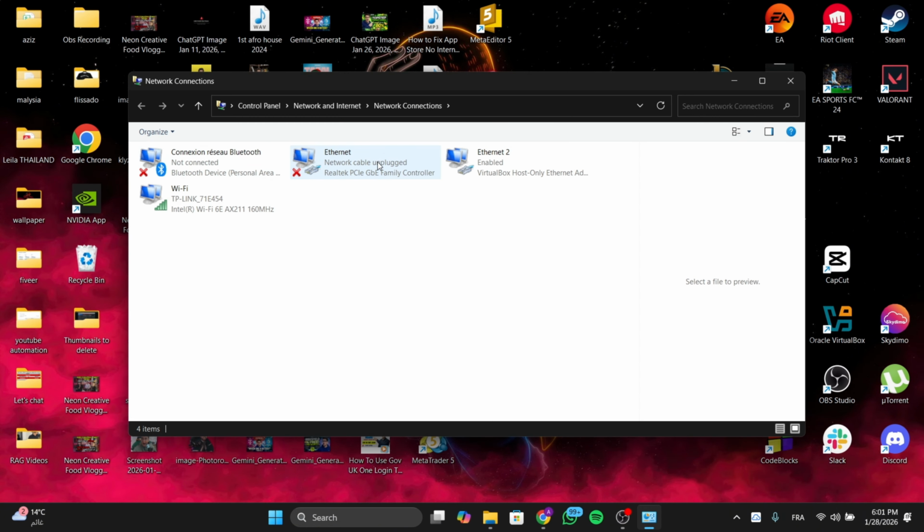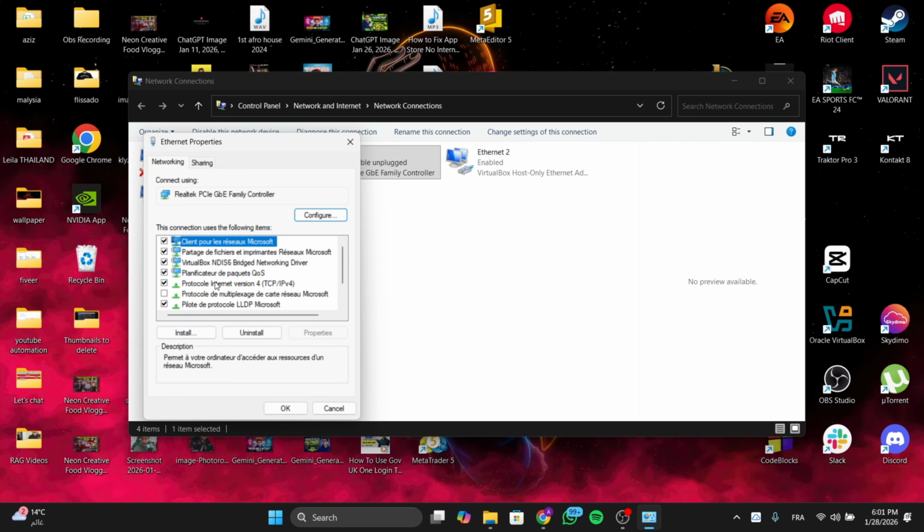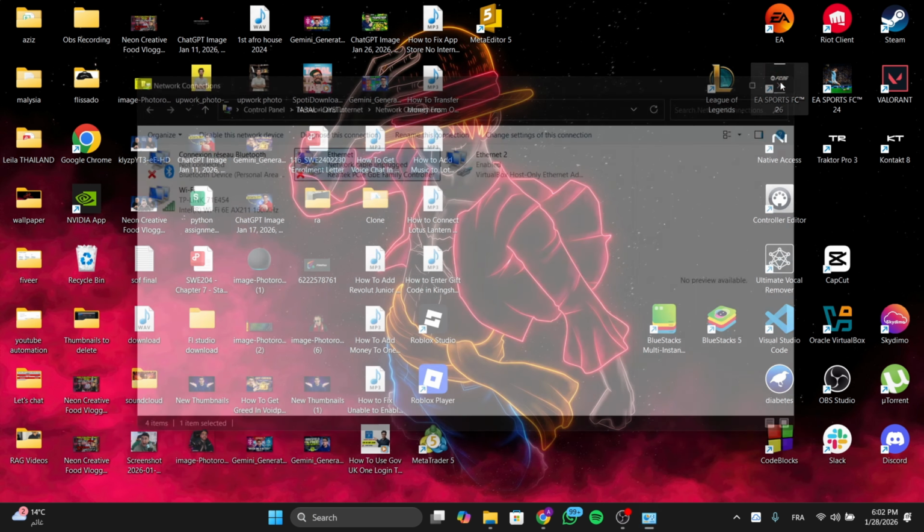From here go to your Ethernet, right click and then click properties and then search for protocol internet version 4, click on it, then click on properties, then click use the following DNS server address here and write this code. And here write this code exactly like this, then click OK, and after that all you need to do is